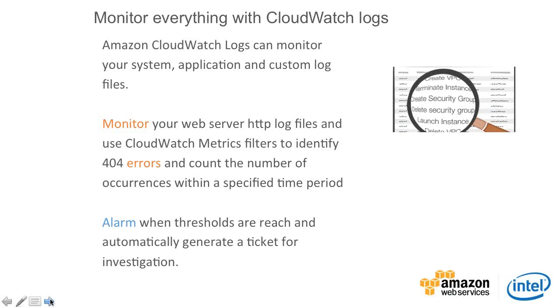CloudWatch logs, being the primary metrics aggregator in AWS, also has alarming. So you can alarm on things like 404 errors that get to a certain percentage in, say, 5 minutes on Nginx. You can do very powerful things with shifting time, creating alarms from monitoring, and these are going to be